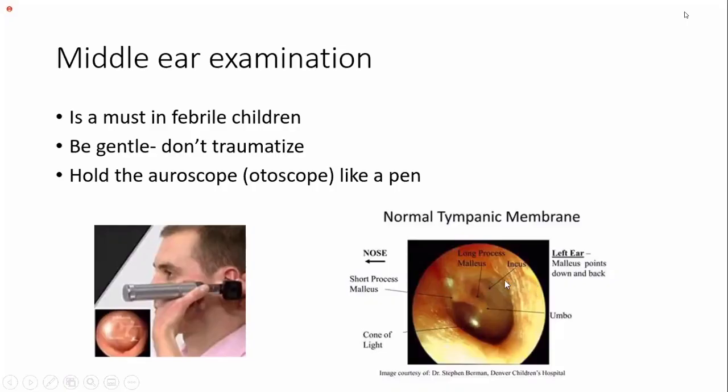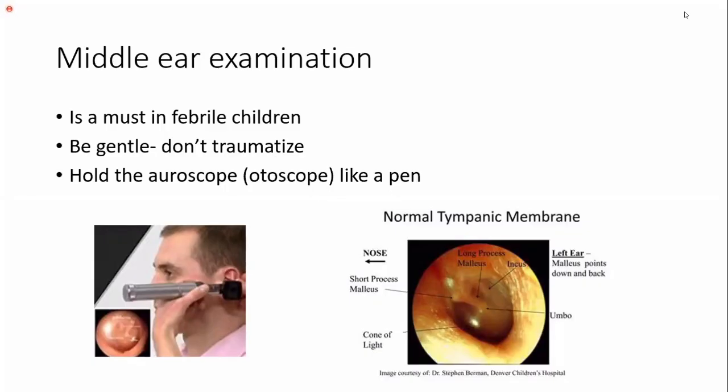So it's an important examination technique to learn, right? How to hold the child, how to hold the otoscope, and what to see inside the ear. The first thing you see will be loss of the cone of light, and then bulging of the tympanic membrane, it becoming opaque, and red blood vessels appearing on the tympanic membrane. You can see fluid inside, and then there will be a perforation, right? So those are the things you will see in the middle ear examination, right?